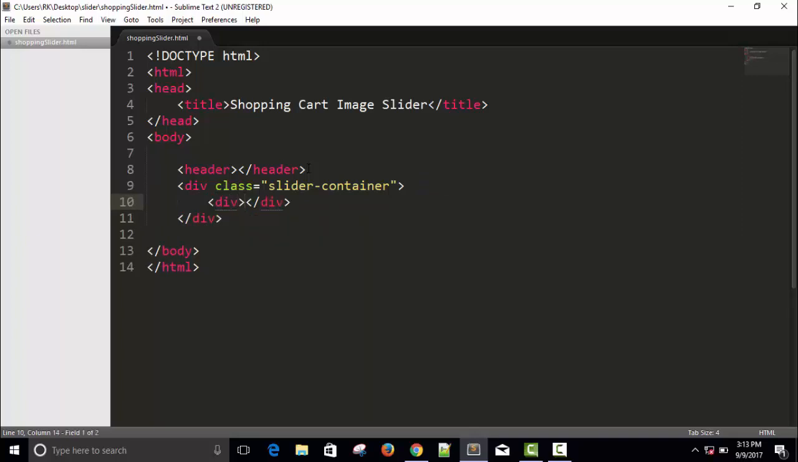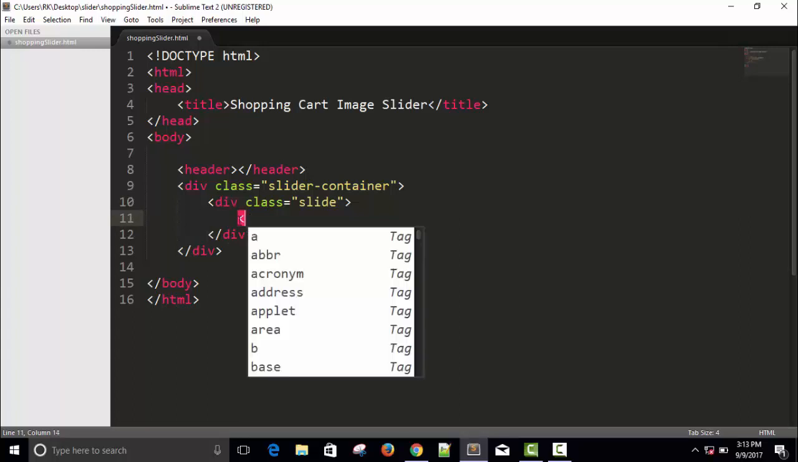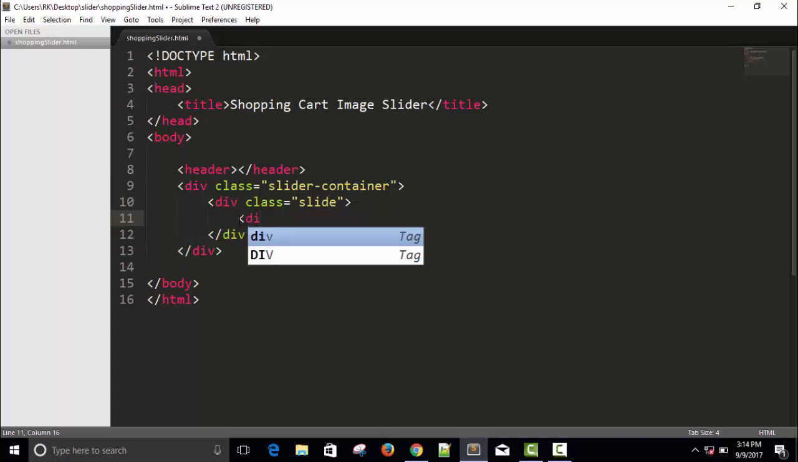Another div and class slide. Okay, so first we will work on the first slide, and later after that we will work on the next slide. As you can see on my first slide, I have two sections, first the welcome message and then the image. I will take a div, or we can also take a section, right? So I'm taking a div, and the first class I will give